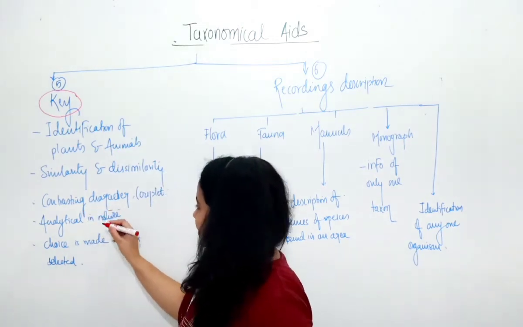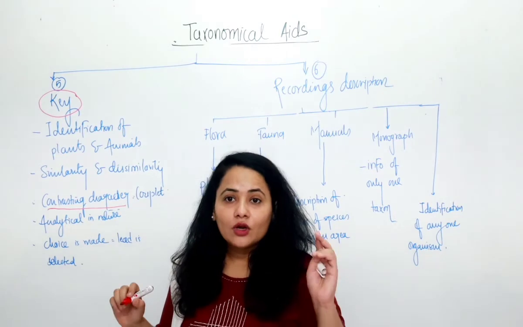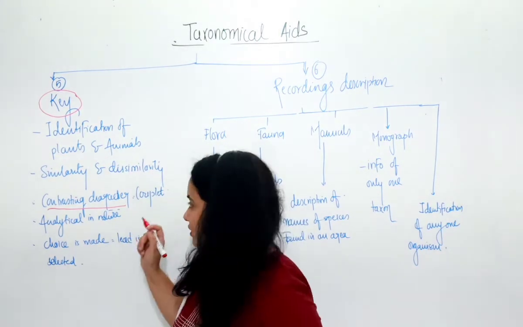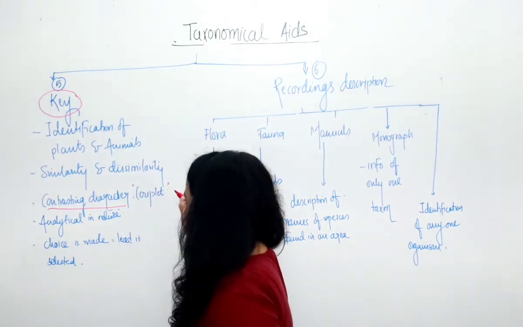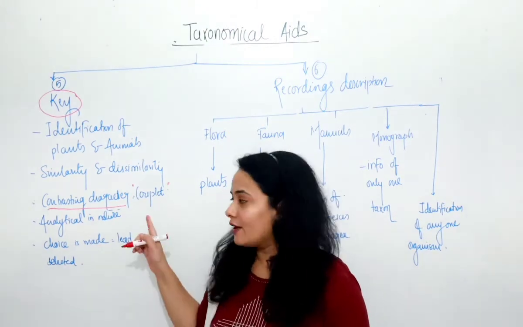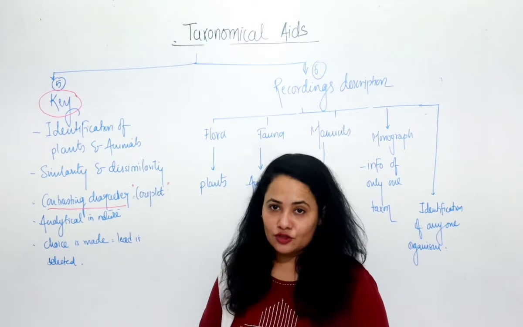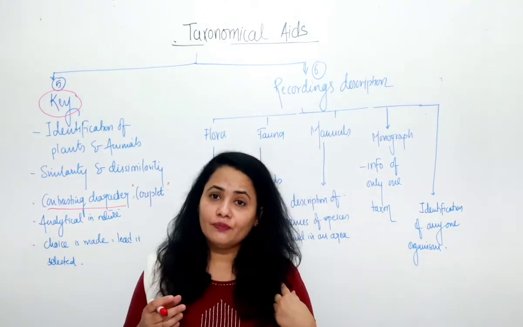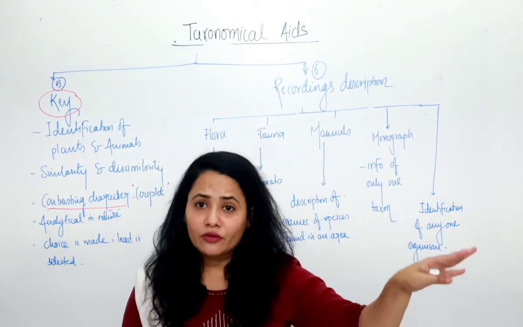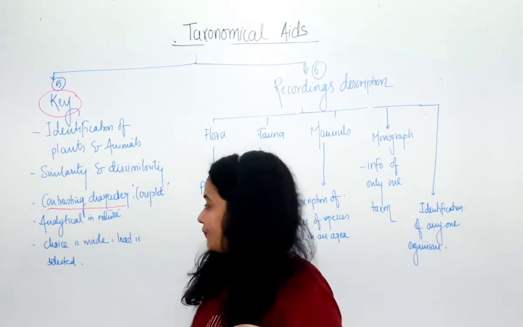So here we call these contrasting characters, as I have told you, one is tall and one is dwarf. These contrasting characters occur in a couplet. So these contrasting characters, which are on the basis of similarity, dissimilarity, are known as couplets. Further, these are analytical in nature. What do you mean by keys are analytical? Yes, you can analyze the things, like what is tall and what is dwarf. You can see that, you can observe that. So from that you can analyze the key.